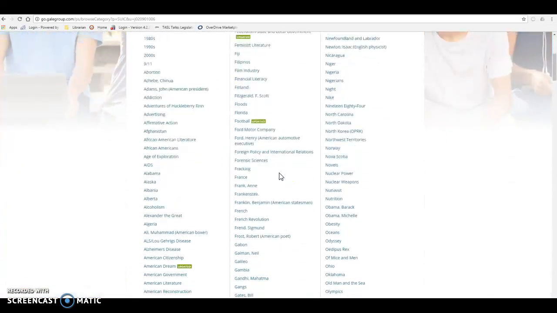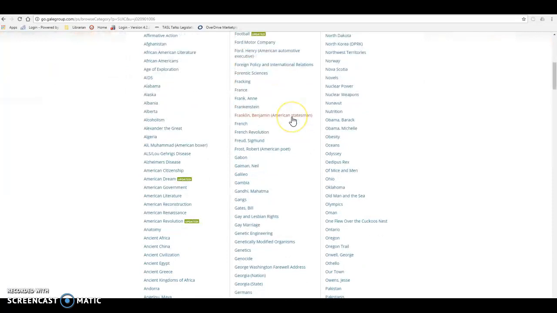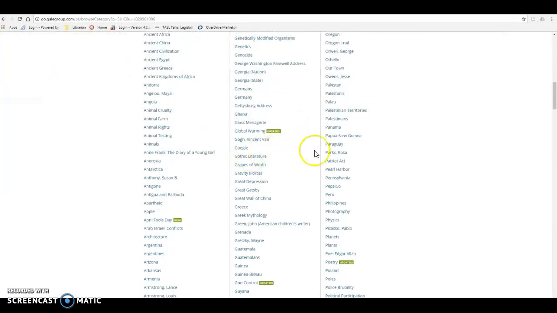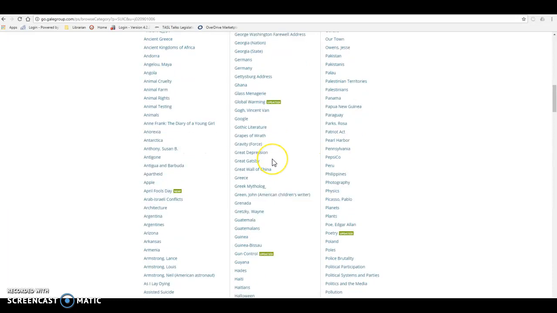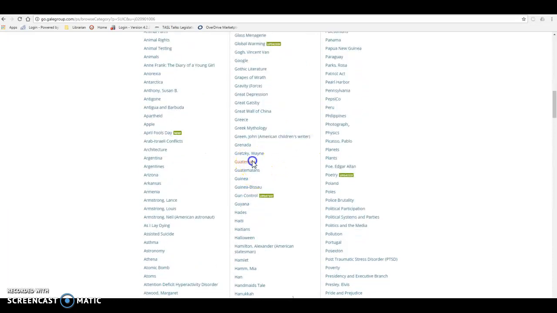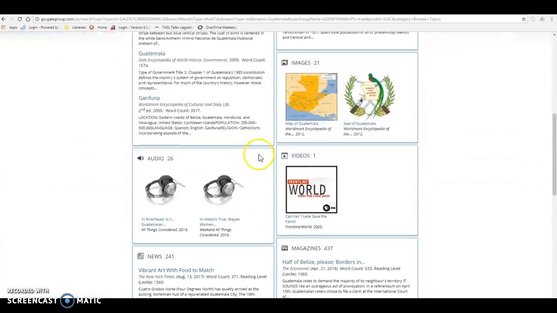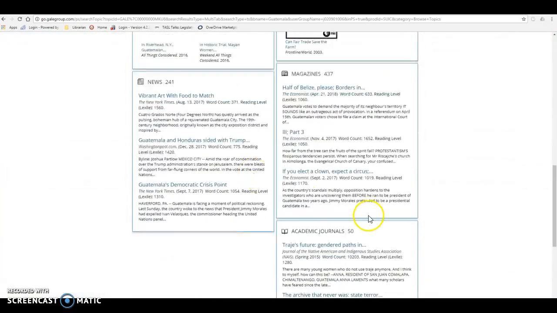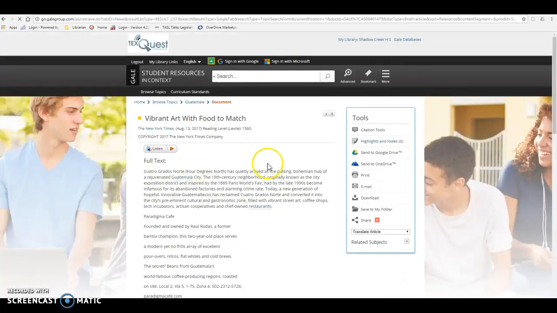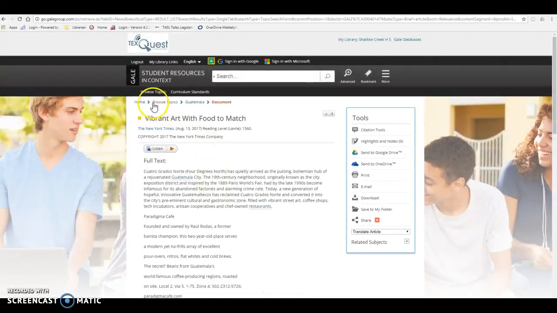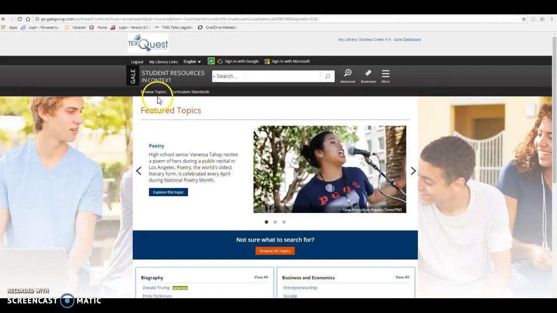Okay, so when you click, for example, if I'm researching Guatemala, it will bring everything that I need to utilize up. Okay, and so your job when you research is to go through different sources. Okay, so let's go back to the Browse Topic